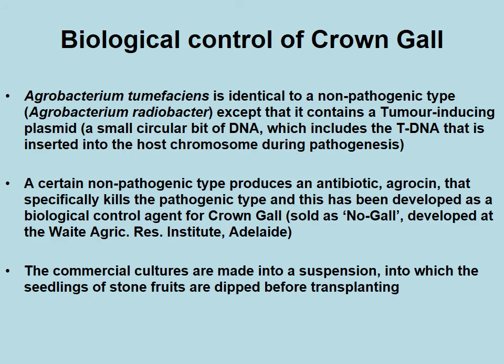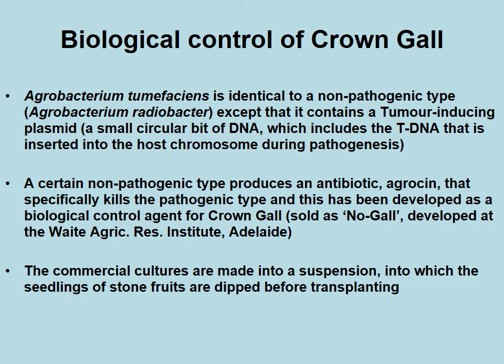Finally, let's look at a unique way in which crown gall disease is being controlled. Agrobacterium tumefaciens, of course, is a species of bacteria, and it's identical to a non-pathogenic type called Agrobacterium radiobacter, except that A. tumefaciens contains a tumour-inducing plasmid, and remember that this is a small circular piece of DNA which includes the transfer DNA, the T-DNA, that is inserted into the plant host chromosome during pathogenesis, so during onset of the